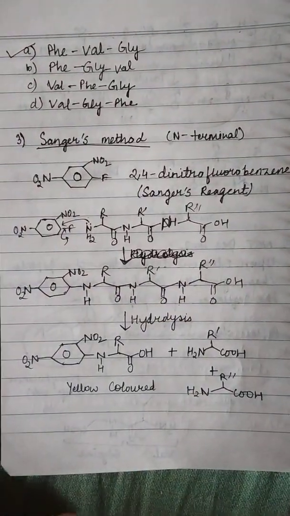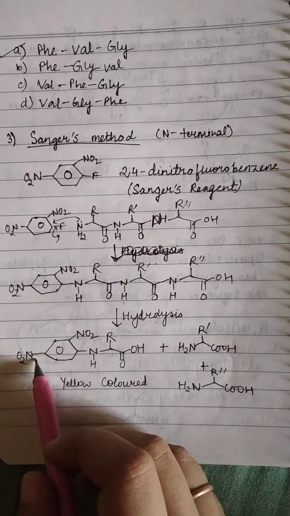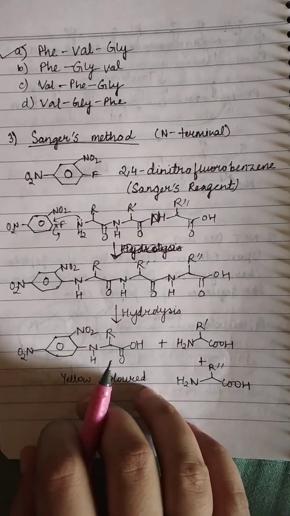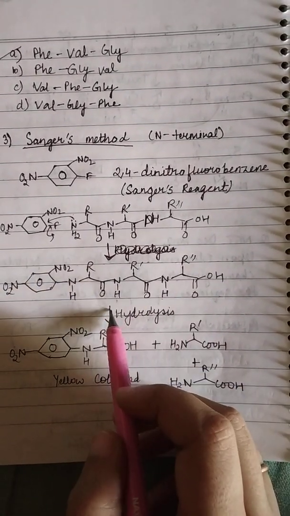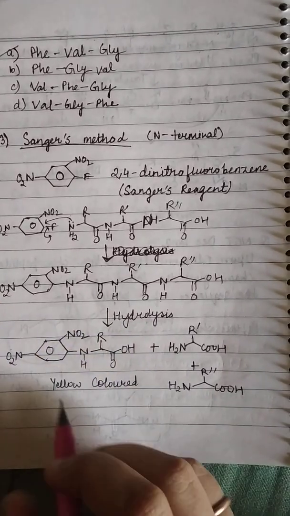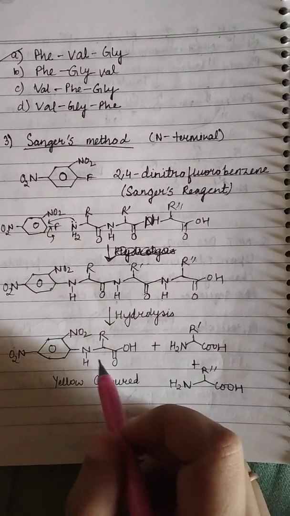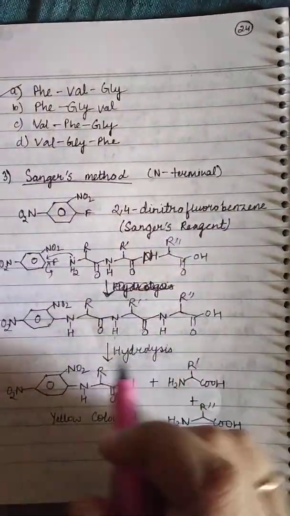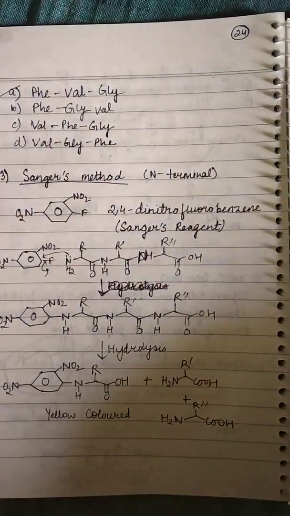And after hydrolysis, the N terminal amine group gets attached to the Sanger's reagent, and it forms a colored structure, that is a yellow colored solution, and the rest of the amino acids are detached. Like there were two amino acids in the peptide apart from the N terminal, so they are detached. So we can determine the N terminal amino acid because it remained attached to the Sanger's reagent and gives